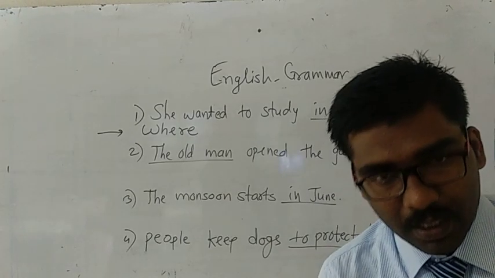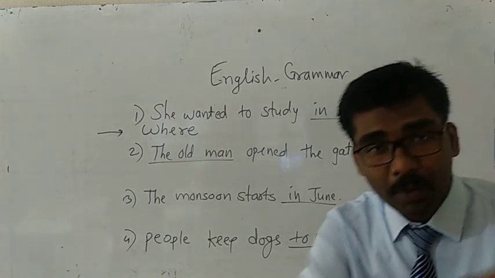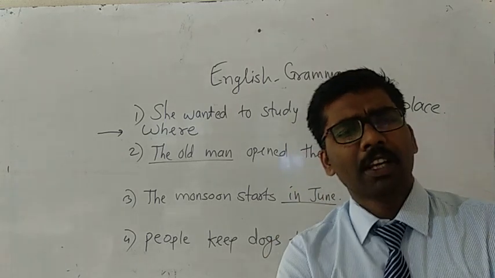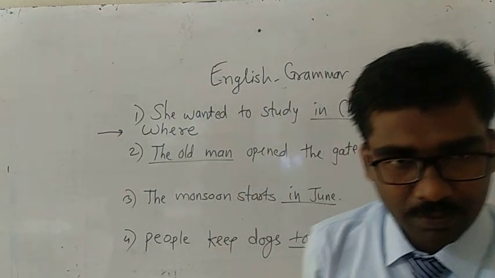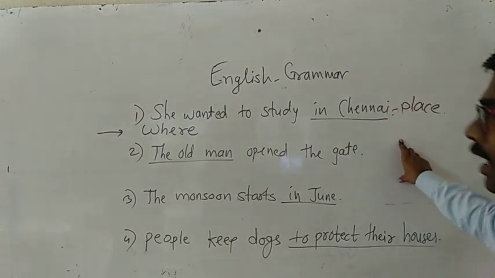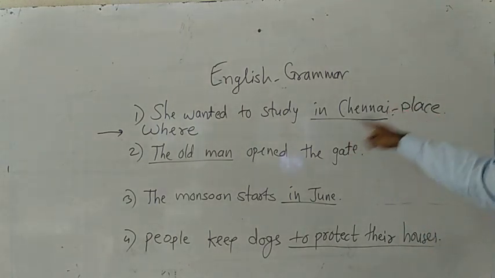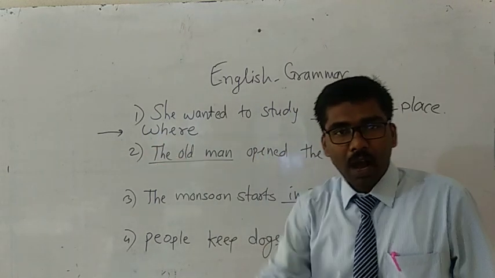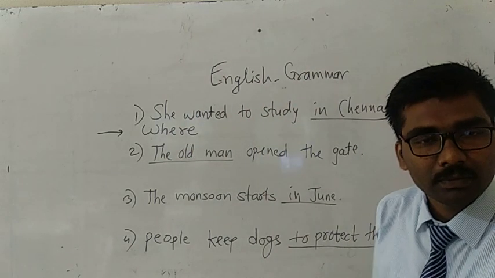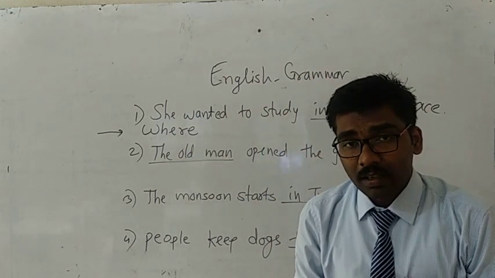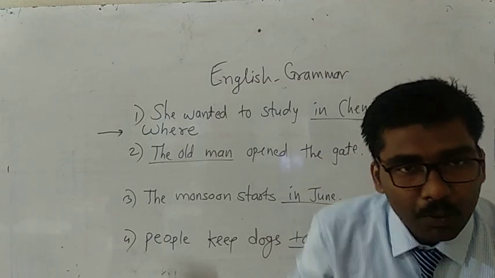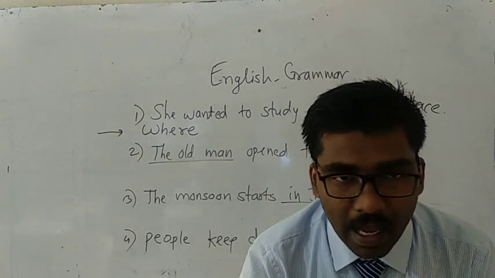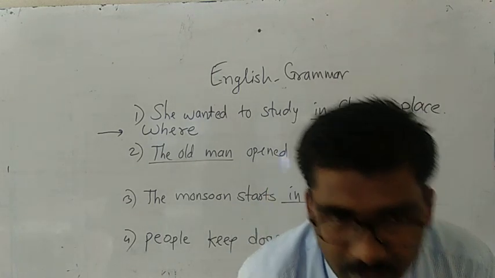That is correct. Now wait, Ramangoda, off your mic. I don't want answer. Just let me explain. I will give you 20 examples to solve, but before that let me explain. Here in Chennai is the place. So for place we use where. So I have used here where. So what is the structure? WH question. After WH word we should use helping verb, and helping verb is based on tense.